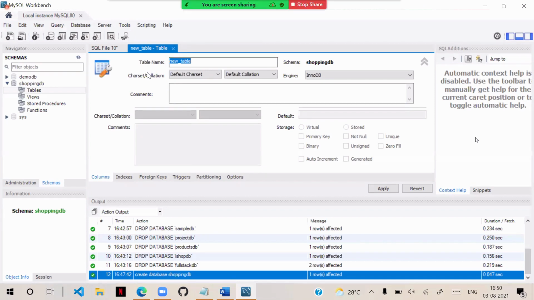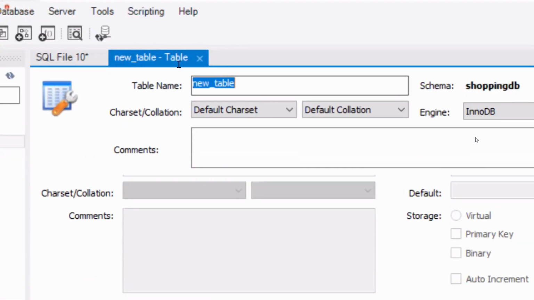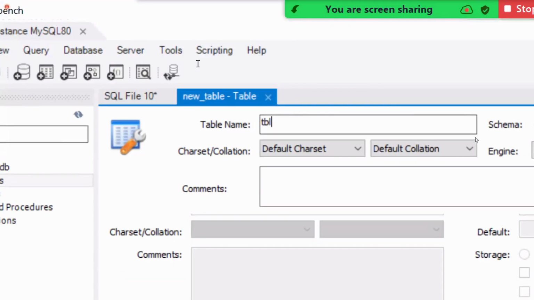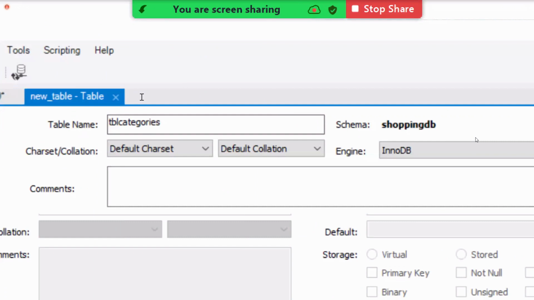First, you have to just define the table name. Table name is TBL categories. Now I'm just defining TBL categories. Okay.